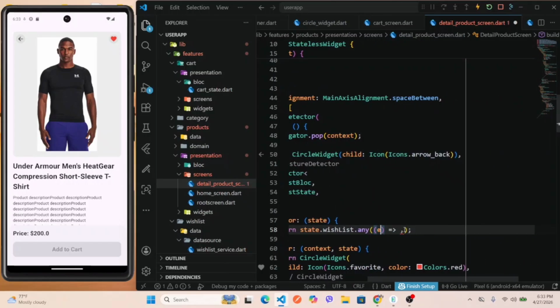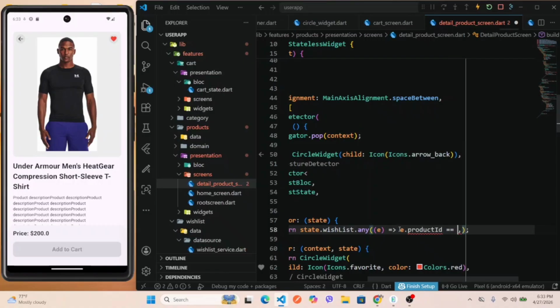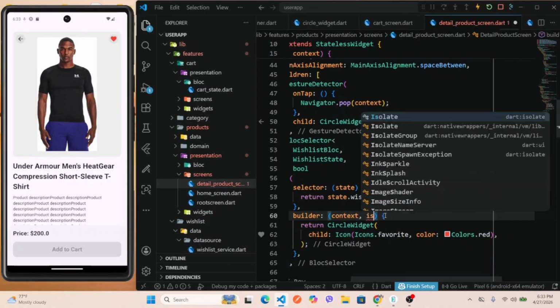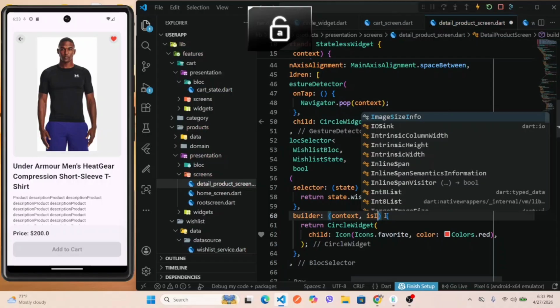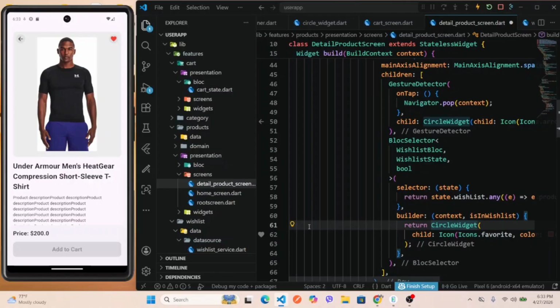Okay, let's change this to e and e dot product id because to write the condition, product dot id. If product is already in the wishlist, then change this to using wishlist. Okay, let's change this to,